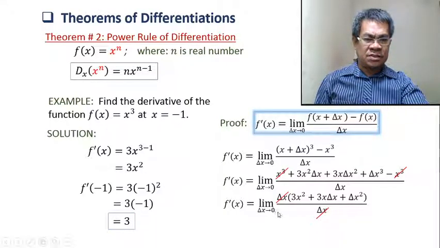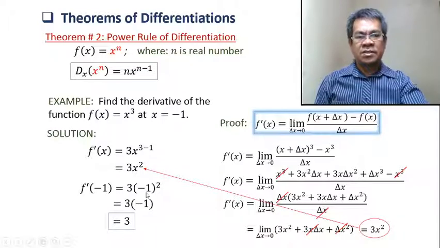So substitute 0 for delta x. This will become 0. The whole term becomes 0. And this one, 0 squared is also 0. So what we have only is the x squared. And okay, so evaluate the limit. This will become 0 again. And substitute, the answer is 3x squared. So take note that this answer is the same as this one. So in other words,